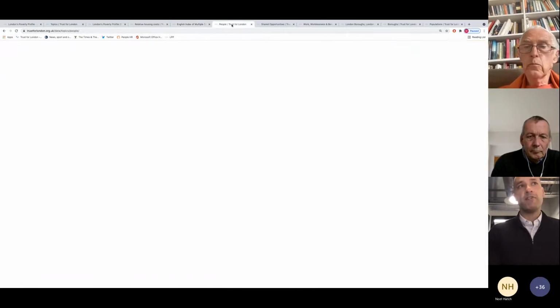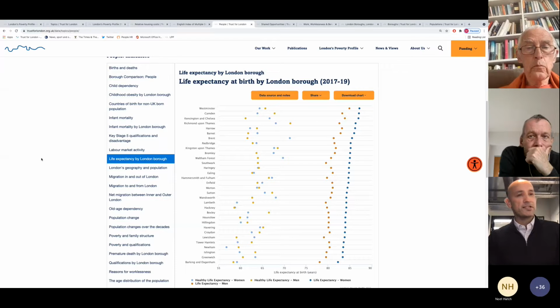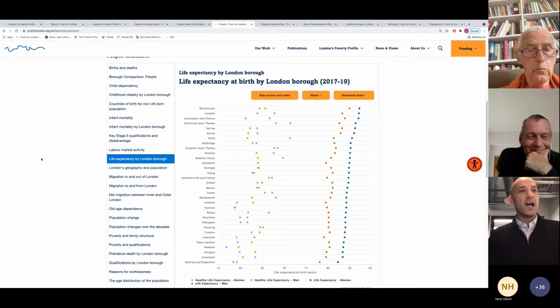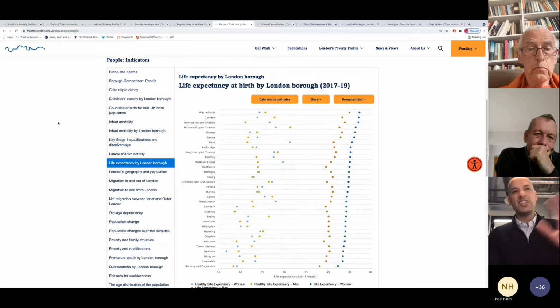The third category we've got is around people, and for a very long time, it frustrated our comms team. The most successful, the most visited page on London's poverty profile was just the London population data. It was highest up in Google, for what's London's population? It wasn't about poverty at all. We've now worked on that quite significantly. I think borough data comes up quite near the top of the Google search for us anyway. But I wanted to focus here on this, which is essentially demographic